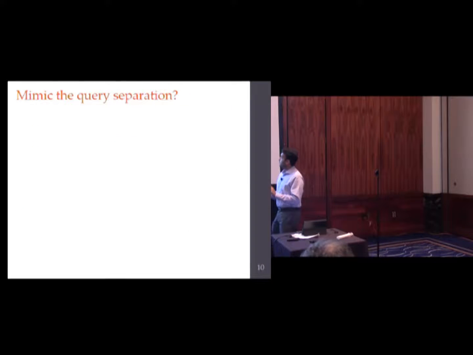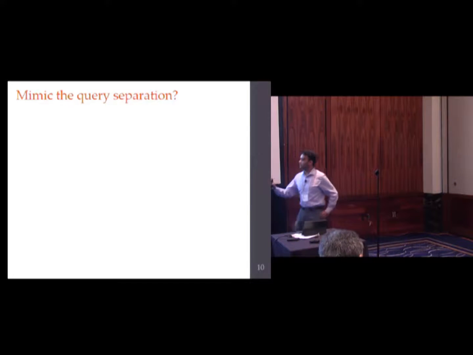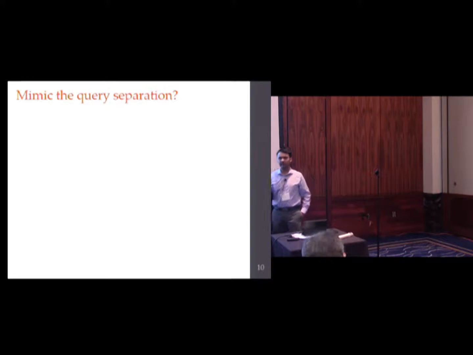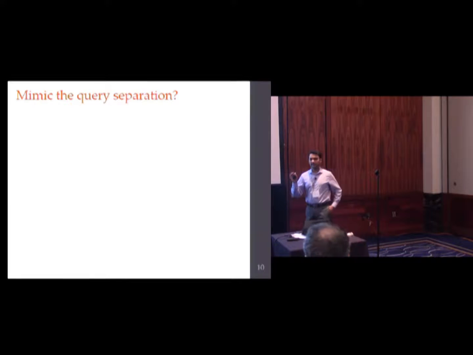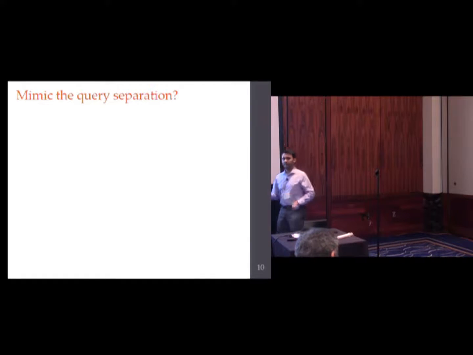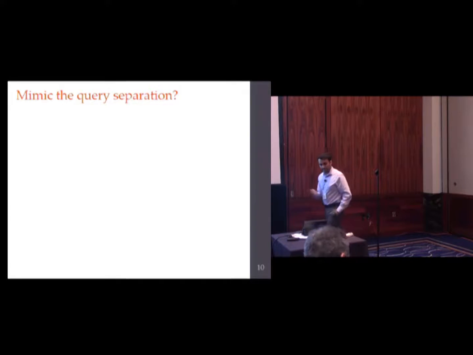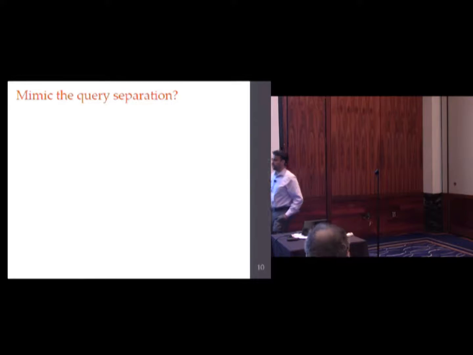And how do you mimic the query separation? Let me give you a rough idea of how the query separation goes and how you would go about mimicking it. Throughout, we're just going to focus on proving the randomized lower bound. A separation actually has 2 components, a lower bound and an upper bound, because that's how you separate 2 things. But the upper bound is quantum, so I'd have to talk about quantum things. But secondly, the upper bound always just works out. So just don't worry about it. The upper bound will just work fine. So we just have to focus on the randomized lower bound.